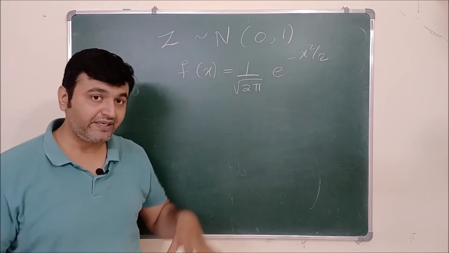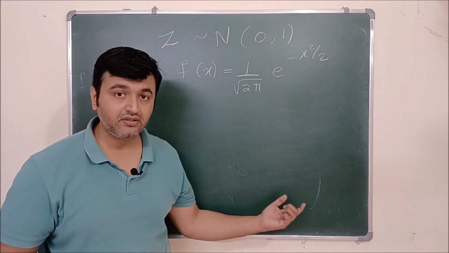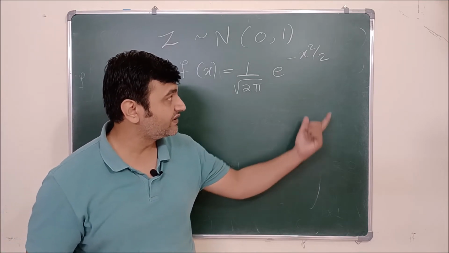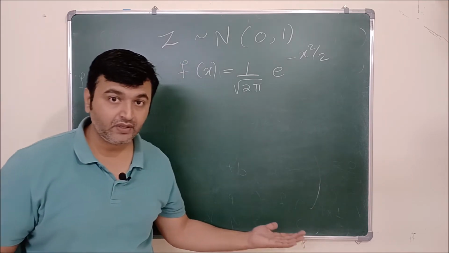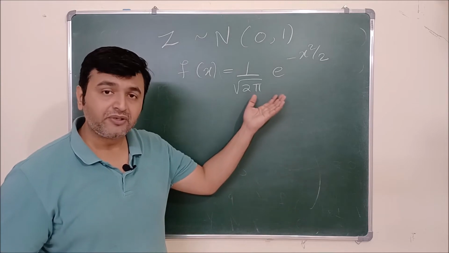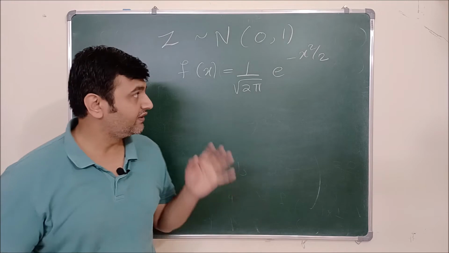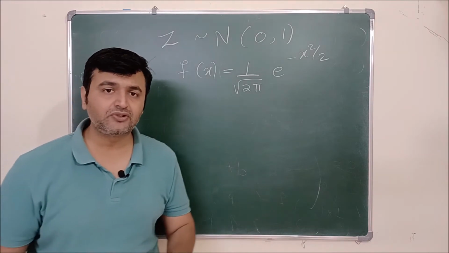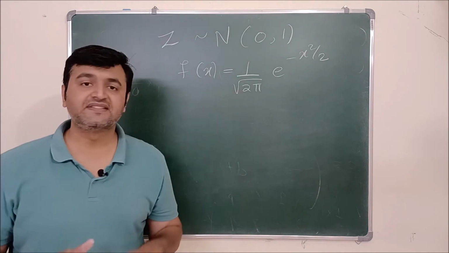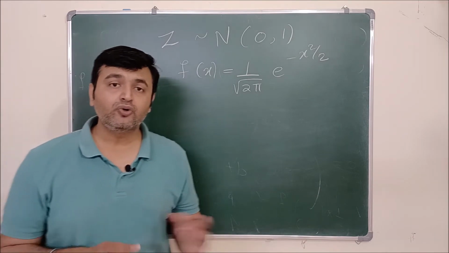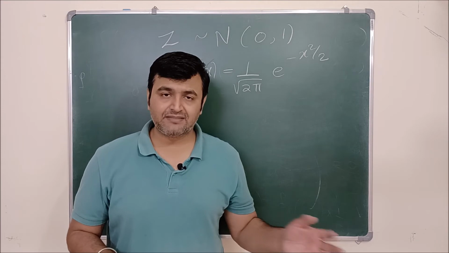Easy as in, as compared to the standard general PDF: 1 upon root 2 pi sigma e raised to minus of x minus mu square upon 2 sigma square. So that is complicated as compared to this. So you can see the first thing is the simplicity. In standard normal distribution, mean is 0, variance is 1, and your PDF is simple. That's the first point. Second point, when you want to compare things, like the example which I told you at the start,